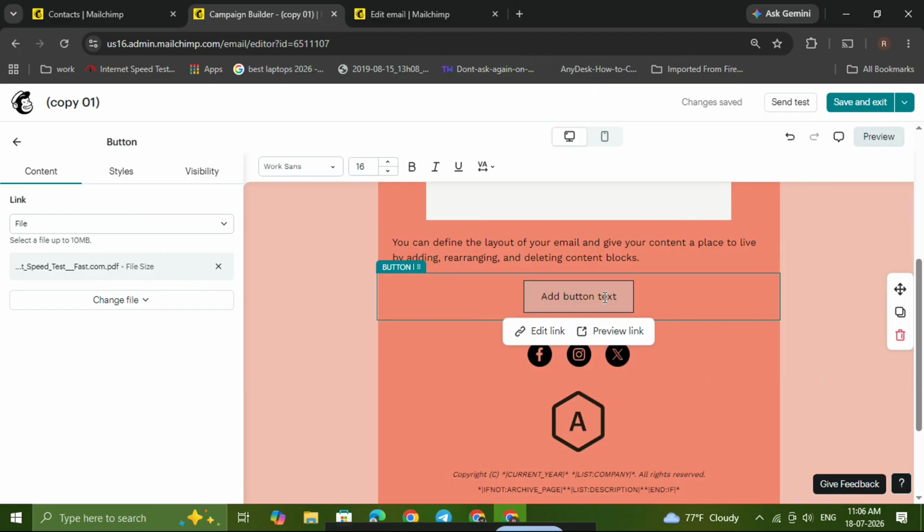At this point, you'll want to rename the button or link so it clearly tells subscribers what to do. Click on the button text and change it to something like Download PDF, View Guide, or Get the free resource. This small step makes a big difference because it helps people understand exactly what they're clicking on. You can also make the text more specific to match your content, such as download the free checklist or